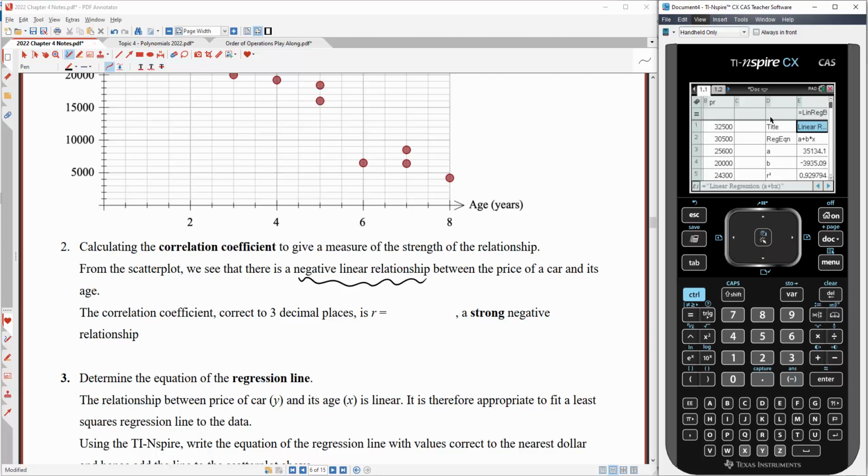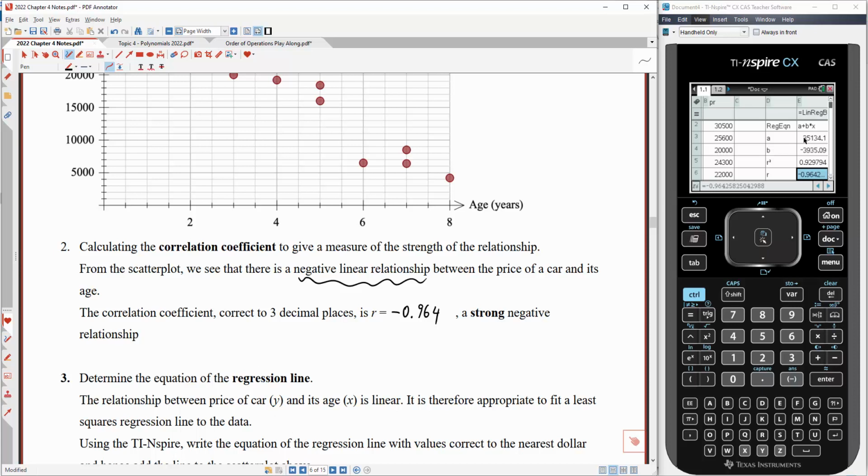Alright, so we hit OK, and we note that in column D the results of the regression analysis go in there. So I can see here that my R value is negative 0.64, which suggests a strong negative relationship. Alright, so the next thing we'll do is determine the equation of the regression line, and what we've got is